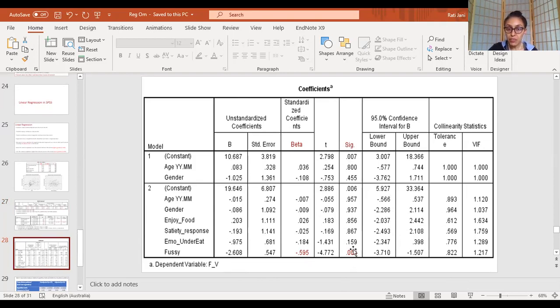Now you have significance over here. This is significant, and look at the relationship, it is negative. Negative meaning, what does it mean? If the child is more fussy or more picky, the child is less likely to consume fruit and vegetable. That is what it means, the child's behavior. If the child has a behavior which is more fussy and picky, there is less fruit and vegetable intake. And this relationship is significant, as you can see. Your beta value is just like your R value. That is the connotation for it. And these are the two important rows, the most basic rows which you would need to report your regression.